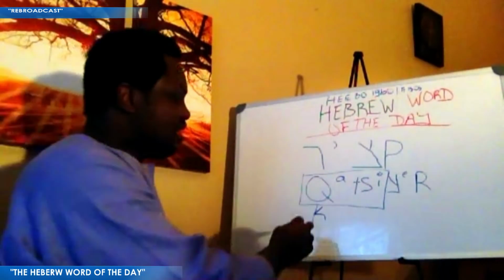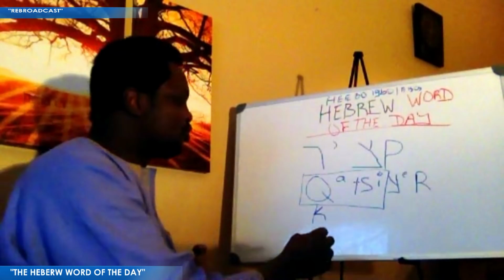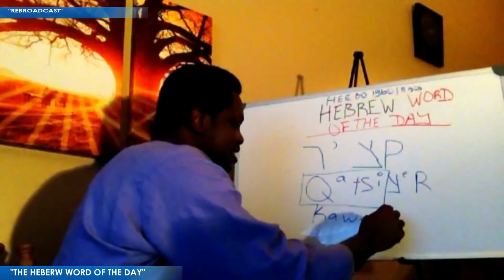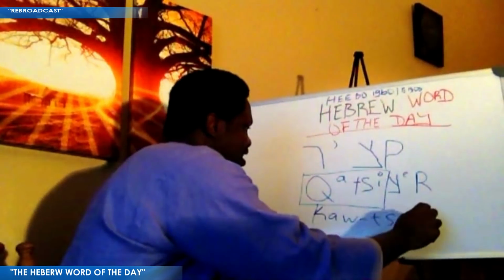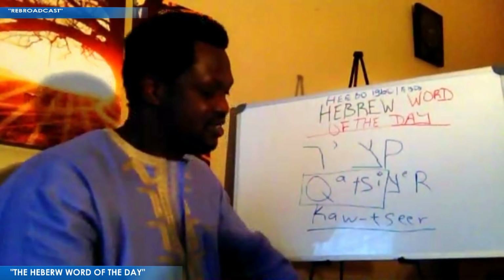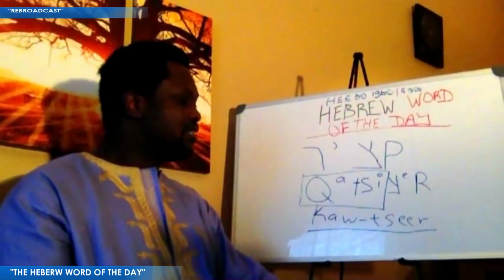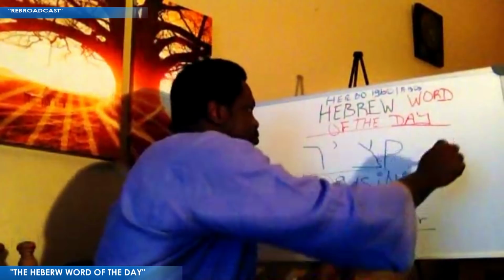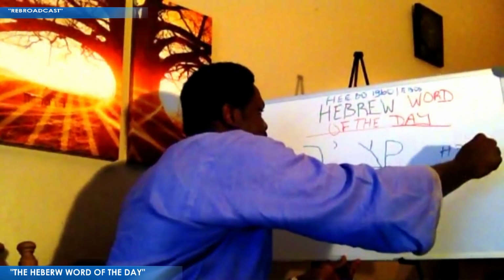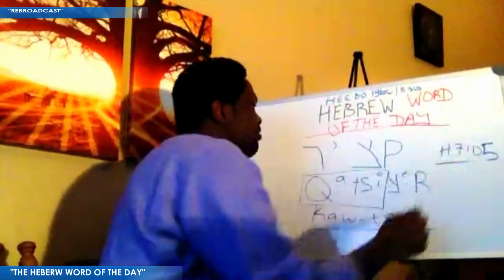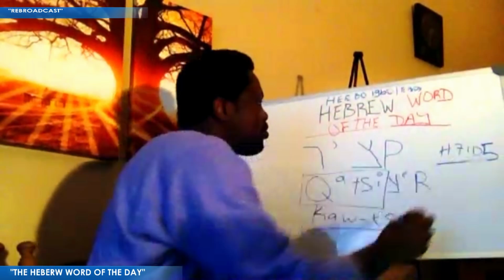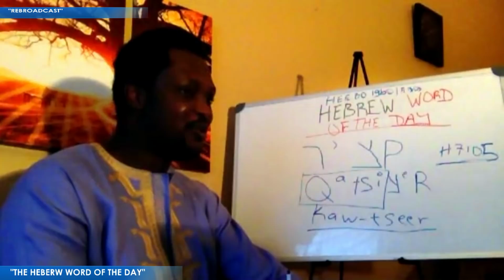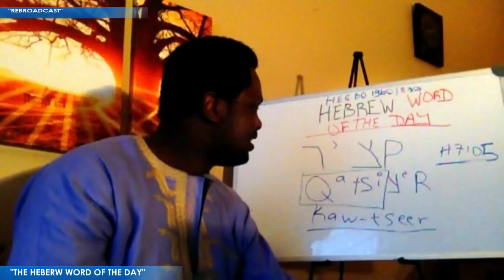Kwashi. And then the sound that Strong's Concordance wants you to pronounce is kwa, then T-S-E-E-R, kwashiero. Interesting. You find this word in Hebrew at H7105, in your Strong's Concordance, and it means to sever. You know where you get that? From this word that I underlined, to sever.